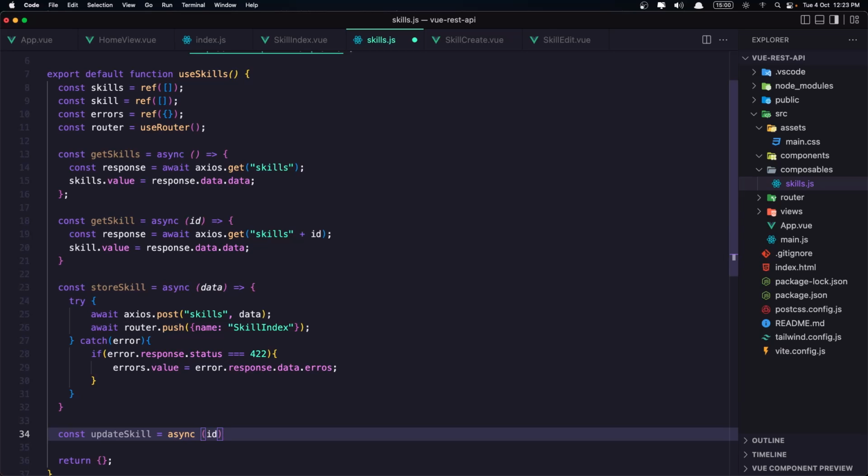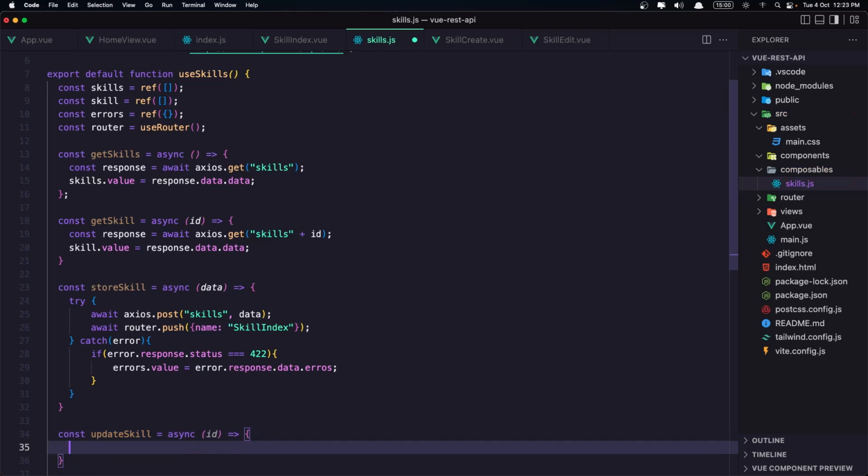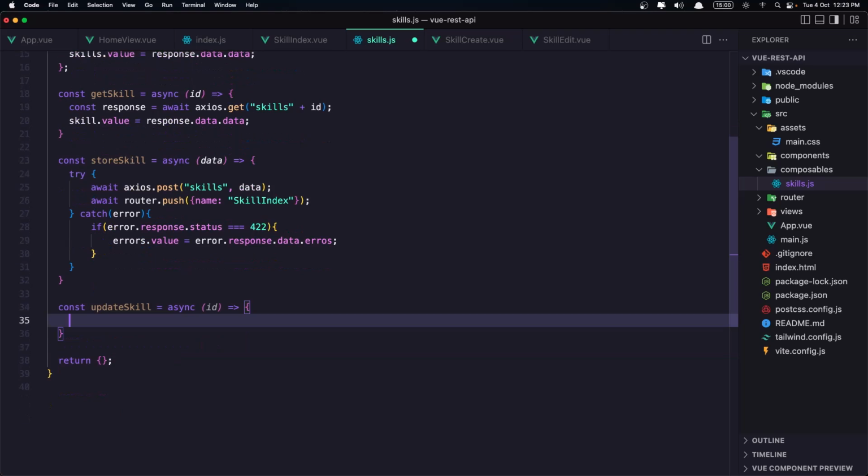But for the data, I'm going to use the skill, because when we go to the skill edit, I'm going to make a call get skill and then display the skill name and slug. So for that, we are going to use that skill. I'm going to show you, so just don't worry. Update skill, and I'm going to say